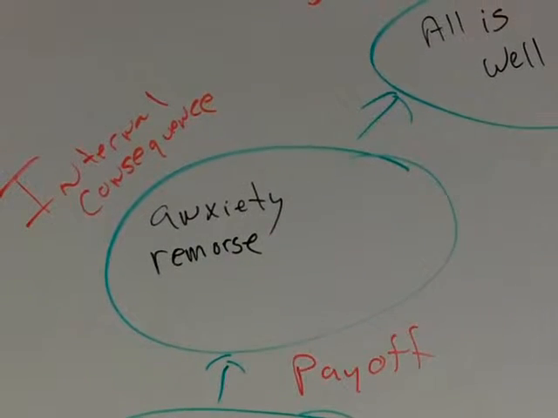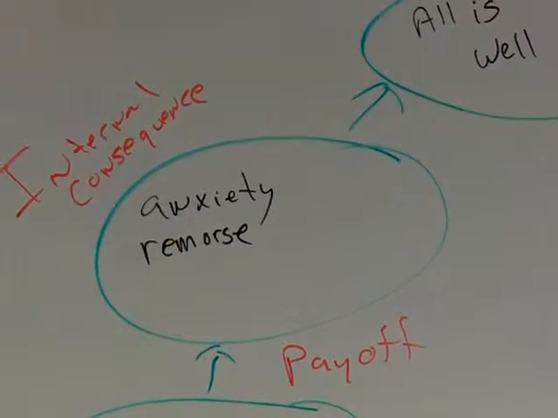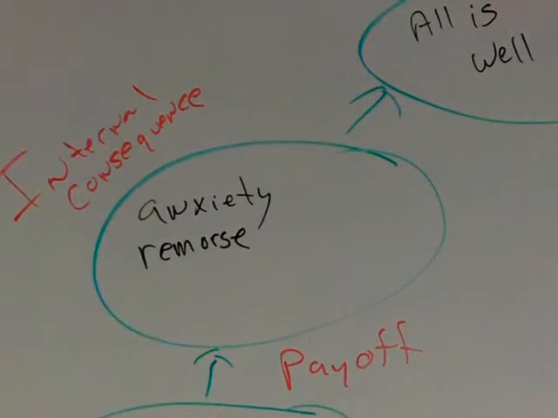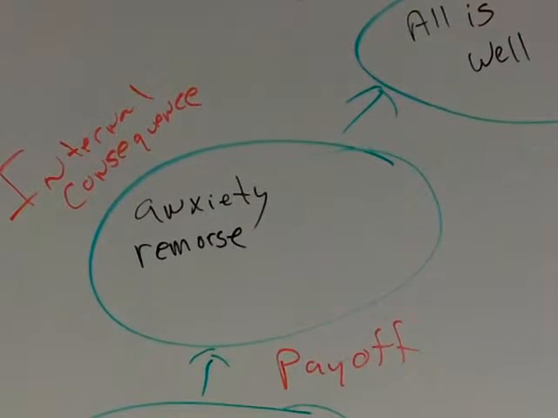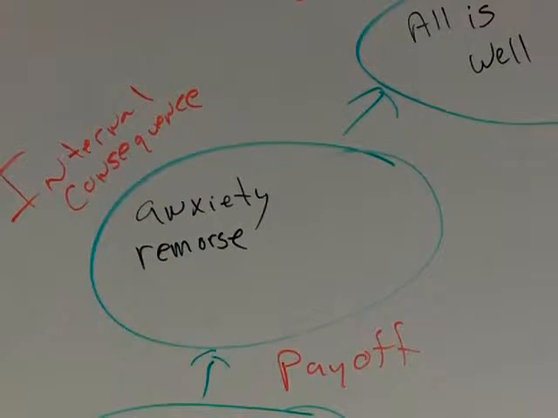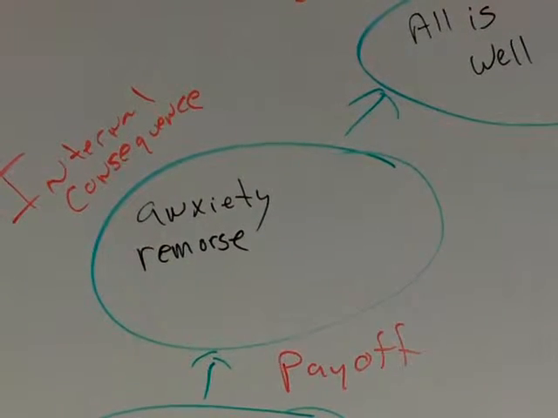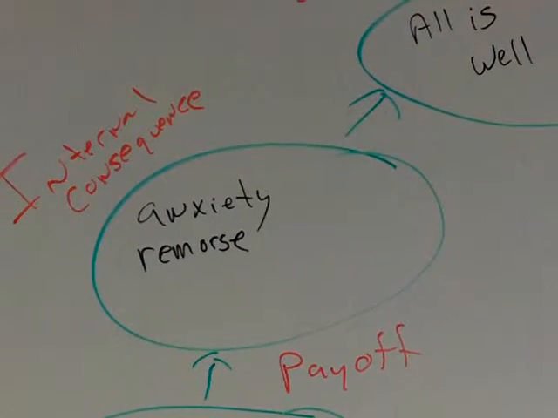And then we go to the internal consequence. And these are usually feelings like anxiety, remorse, guilt, shame. Okay, so what kind of internal feelings were the clients having after they committed the act? And in this case, this client felt some anxiety because he's probably going to get in trouble for calling the staff member a name, and also probably felt some remorse for doing what he did. He probably shouldn't have handled himself that way.